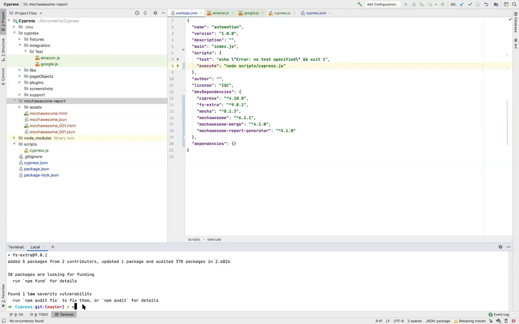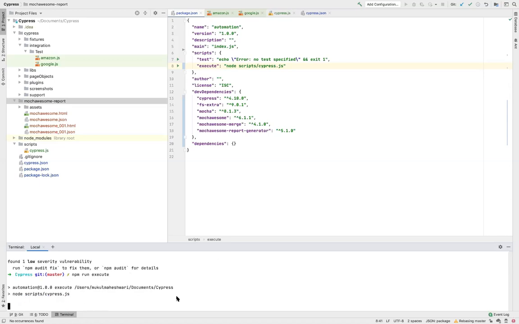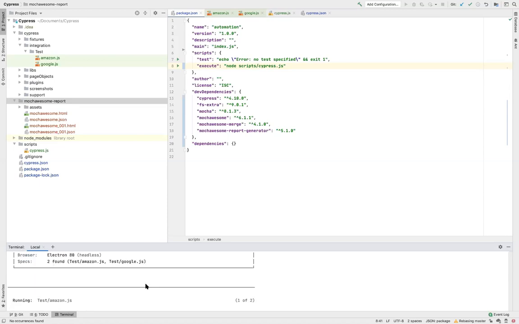To run your test, you need to say npm run execute, and let's see what happens. This time my test will run in headless mode, but I can see the logs. All right, my test has started running.